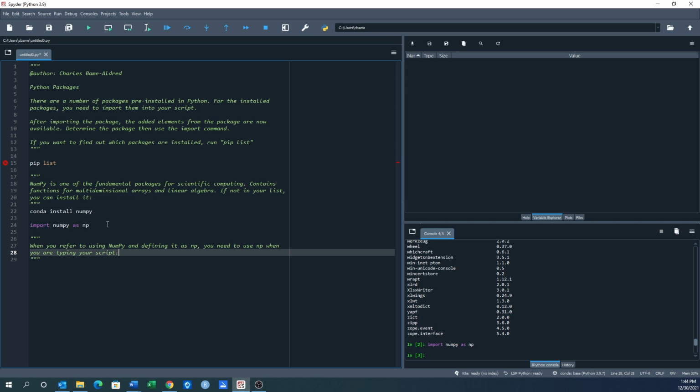Okay? You just got to do that. So let's create our first NumPy array. How fun is that going to be? So we're going to create a new NumPy array. X is going to be our array. And so we're going to create it